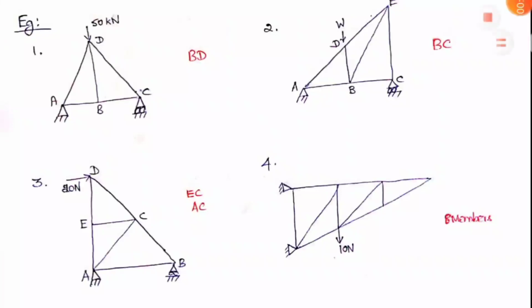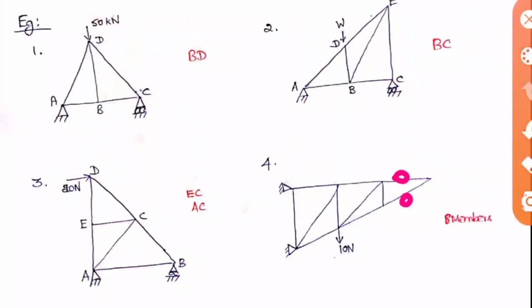Okay, so as we saw, there are no forces at a joint, that is, externally acting forces, and the members are splitting into two, which means those two will be zero force members. So this is also zero, this is also zero. Okay, so when this force is zero, as it is in a straight line, this also will be zero. So when these both are zero, this also will become zero. Okay, and at the top, this is zero, so in the straight line this also will become zero, and the inclined member we have to see.